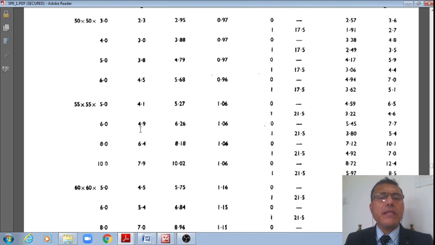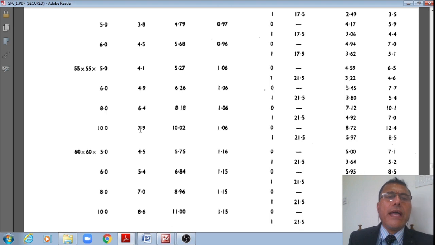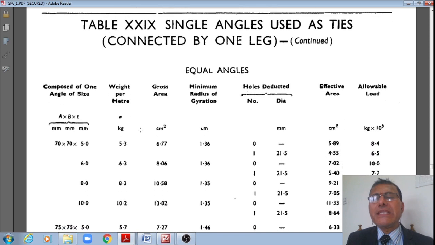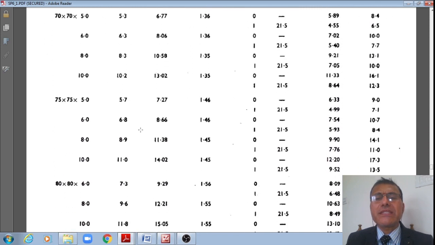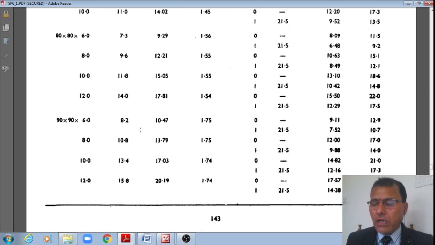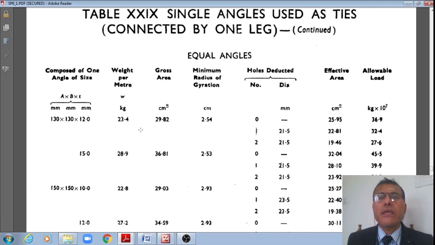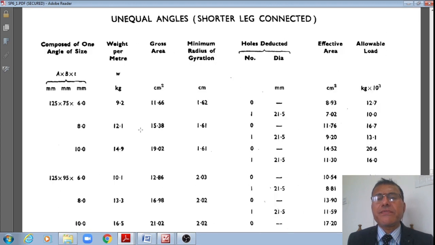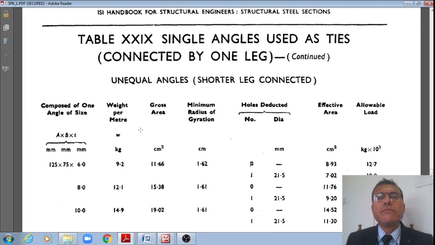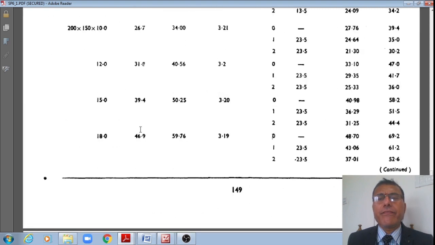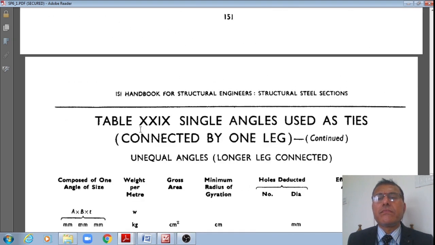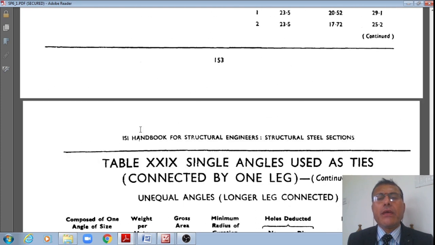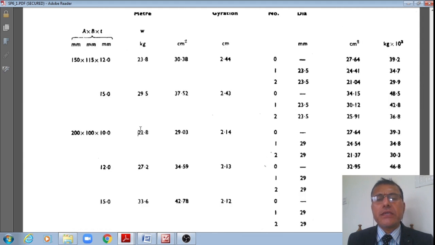That is all. With other angles also you can find what is the permissible tensile stress, tensile strength, permissible tensile load. That is how you can note down, students, right? And the other properties from other tables are like this, right? The same, right? Now let us see the other properties, students, as the single angles, right? Same.